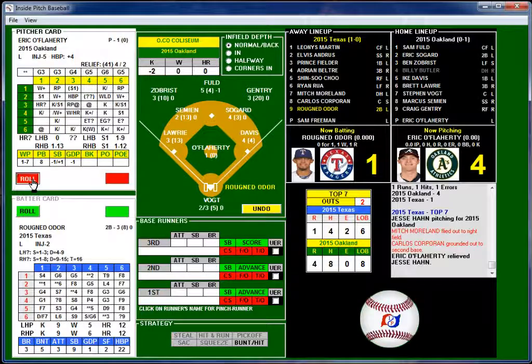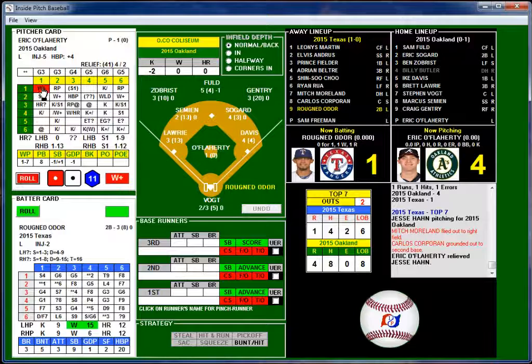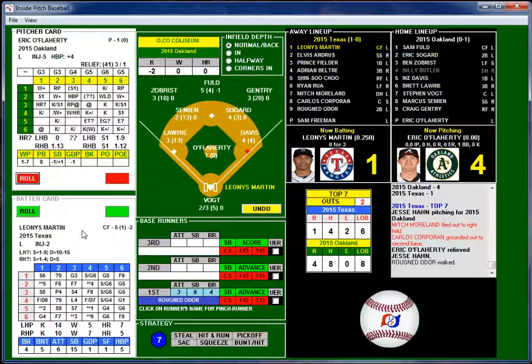There are 2 outs. Eric O'Flaherty. Let's take a look at his stats. So he was 1-2, 8.10 ERA, 30 innings pitched, 47 hits, 21 Ks, 16 base on balls. And he just walked me. Good base on balls. All right, Leury Martin here, center fielder, is 0 for 3 today. 2 outs, no strategy. Lefty versus lefty.